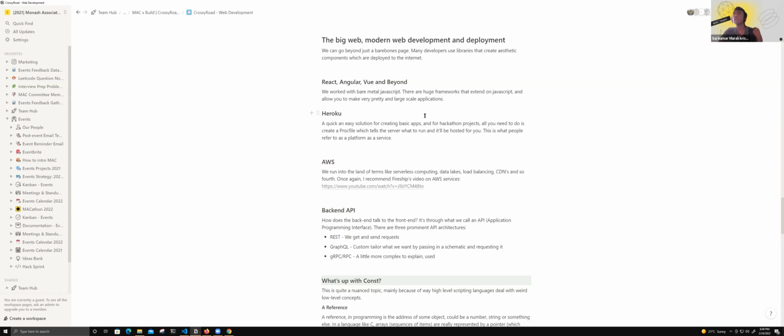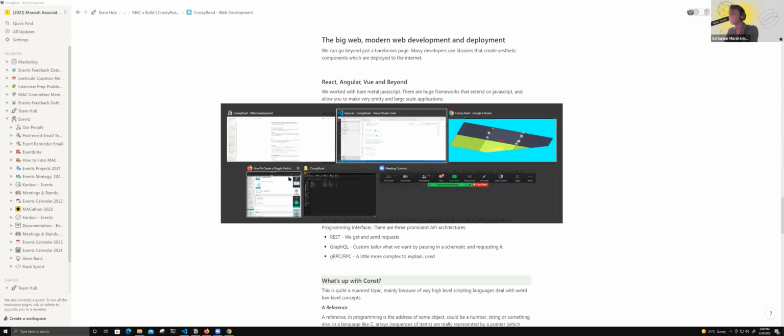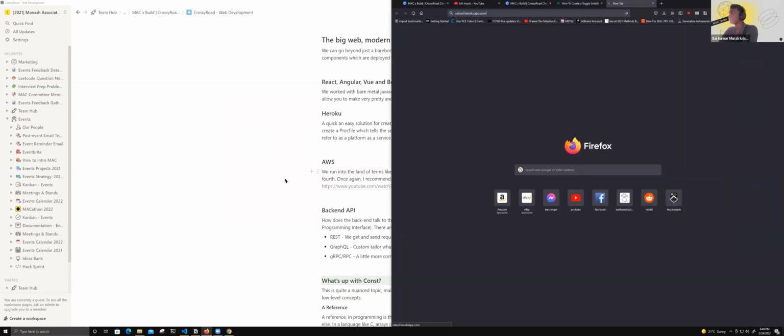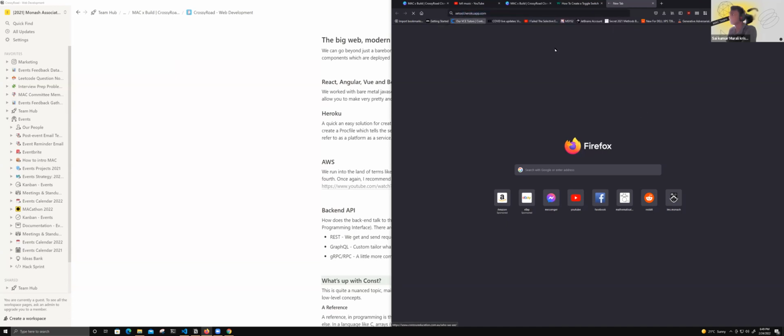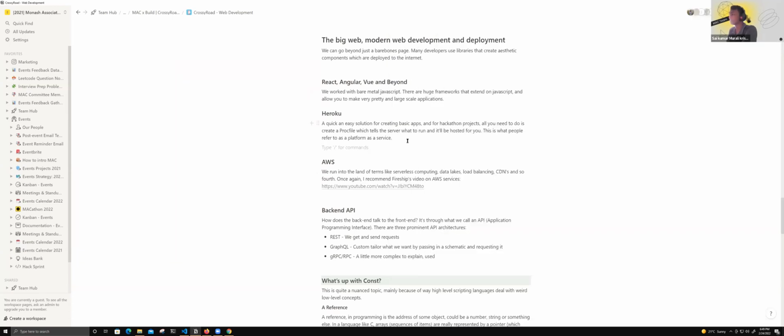So if you're thinking of getting into web dev, this is perfect for you. Heroku, Netlify, there's some others that provide free options. One of my own apps is also hosted on there. So just to show you, they use the Heroku app domain. It's going to take a while to load, but in the time it takes,